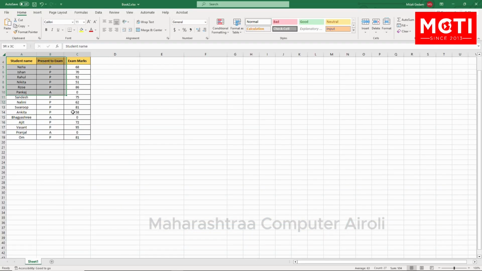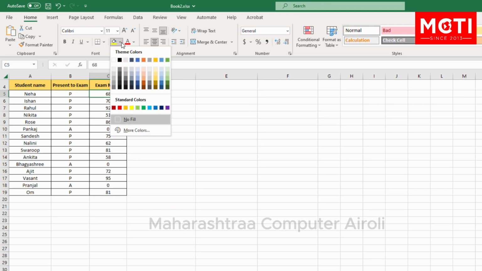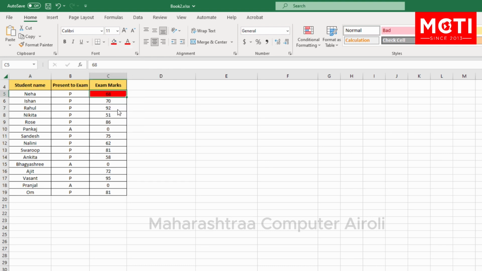Let's say you have the students' exam results and want to highlight which are below average marks. It's simple, select the cell you want. In Home tab, click on Fill Color option. Select the desired color you want to choose to highlight. You can select multiple cells at a time. Here, whatever color you chose previously is set as the default color. You can directly click on the Fill Color option icon.